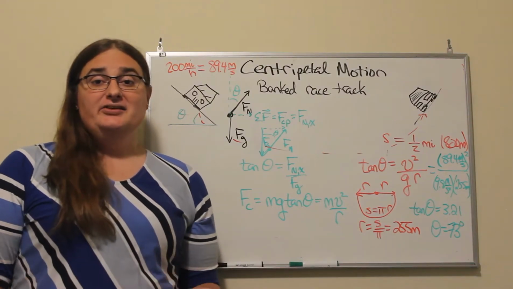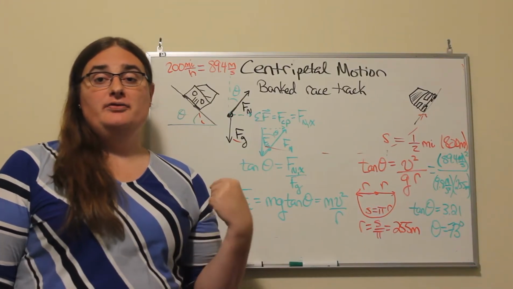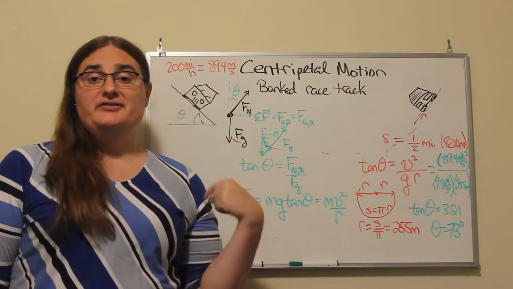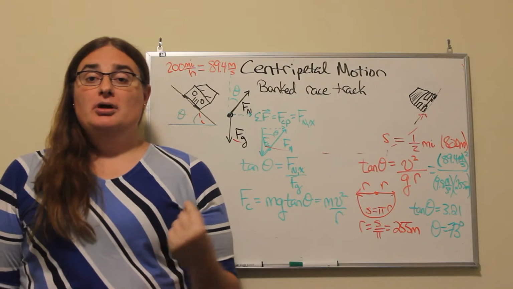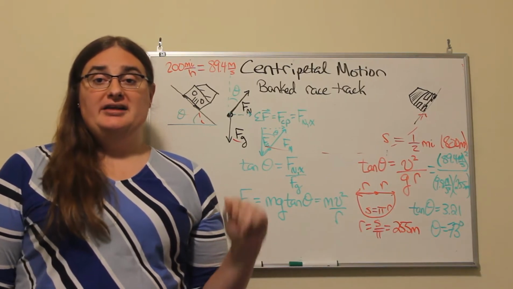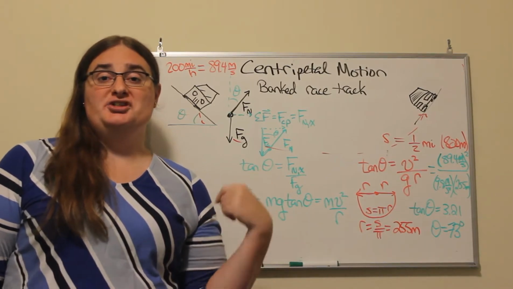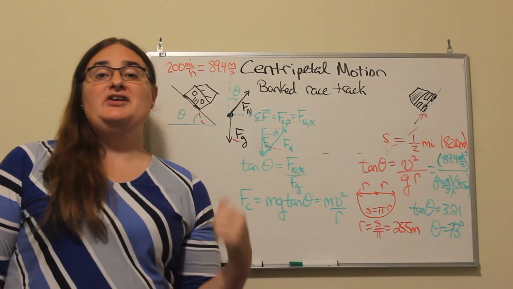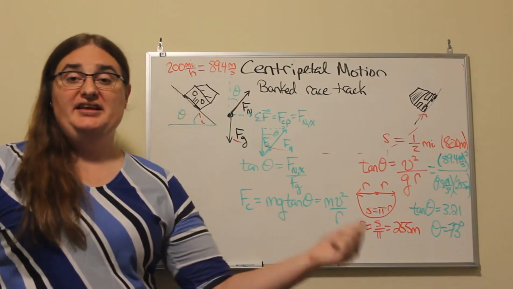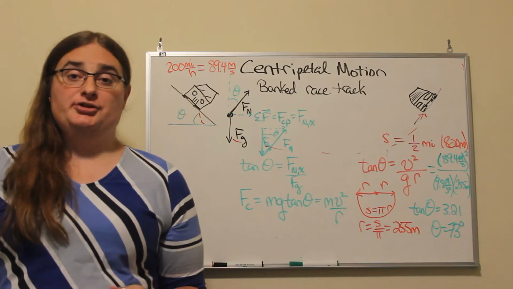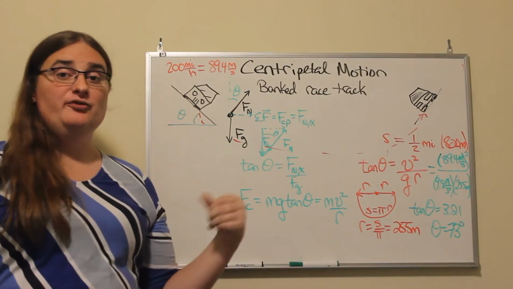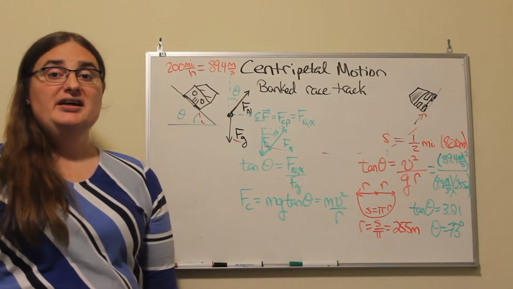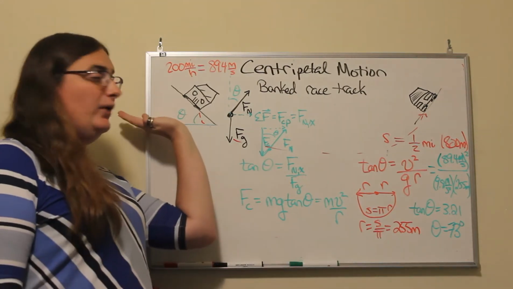Hi, let's take a look at an example of applying the ideas of centripetal acceleration to a real-world problem. Whenever you're turning, as long as you can find a force that turns with you, then you can generate the acceleration that you need in order to change your direction. One way that we could create a force that changes with us is to take a roadway and bank